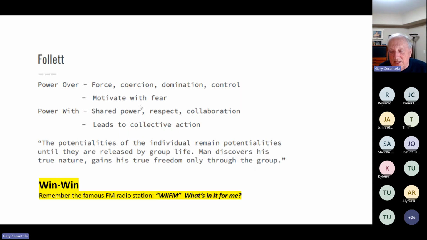And so on the next page, what it is about is that it's not force and coercion and domination and control anymore, or motivate by fear. If we go back maybe 3 or 4 generations, when my grandfather was working for International Nickel in Ontario, basically if he didn't do his work, they said, listen, Tony, if you don't do this, we're going to fire you. And there's 4 other people that want your job right now. That was sort of the way that things got done back then. But in today's world, it's about alignment and getting those people to really want to come through.